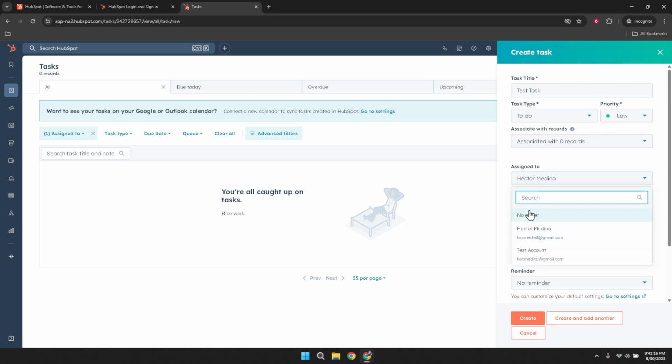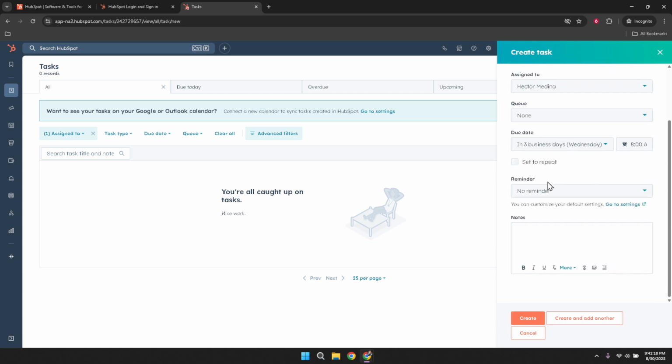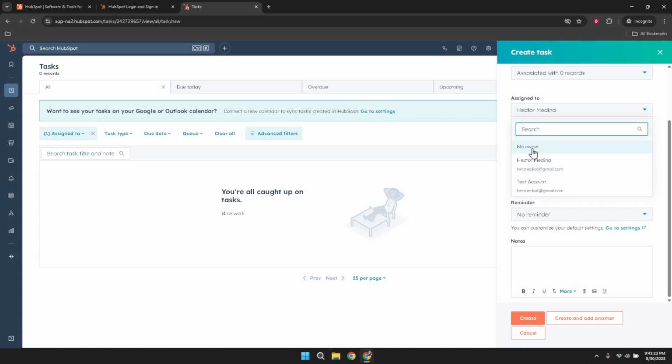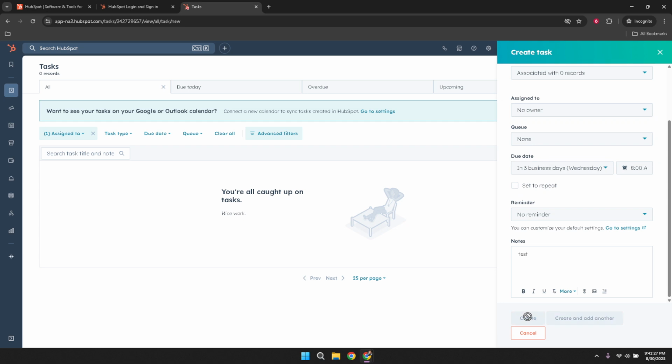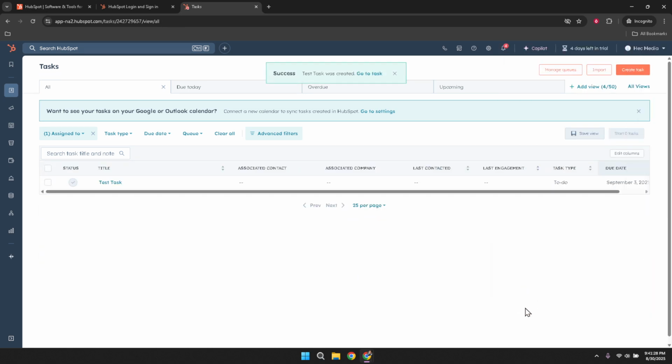Don't forget the supplementary details. In the Notes section, you can include additional instructions or reminders that are crucial for the task's execution. A little context goes a long way in ensuring alignment and understanding among team members. Finally, review the task details and, once everything looks good, click on the Create button. This simple yet decisive action solidifies the task into your system, slotting it in perfectly with the rest of your